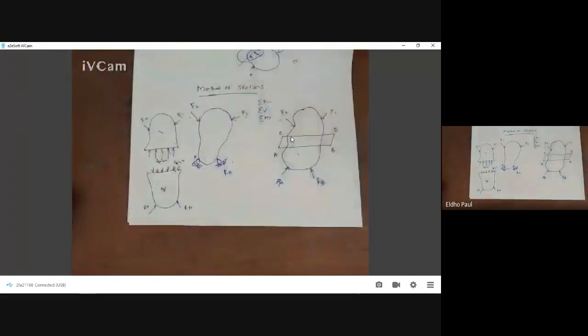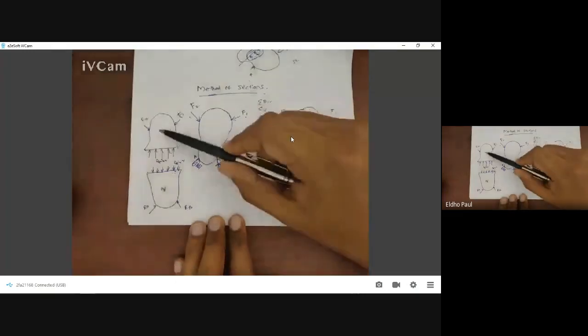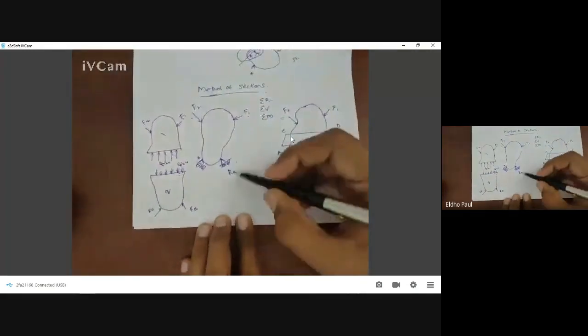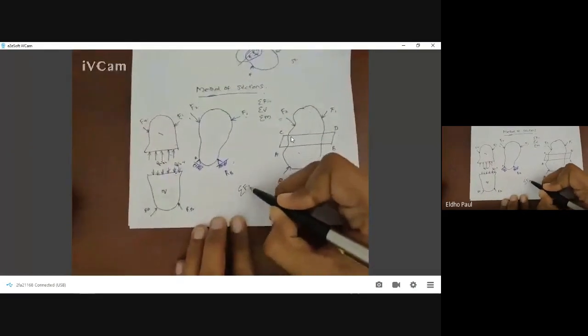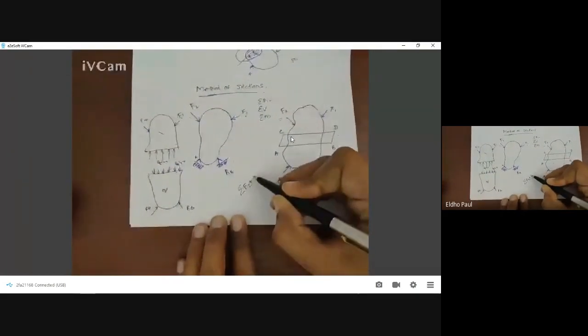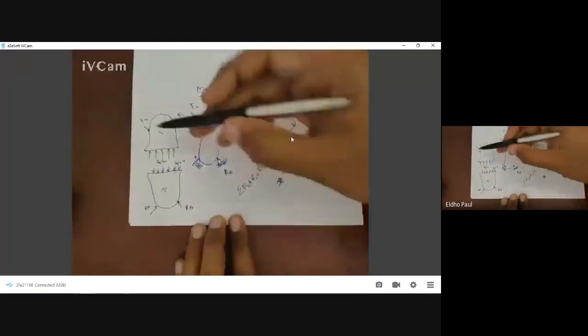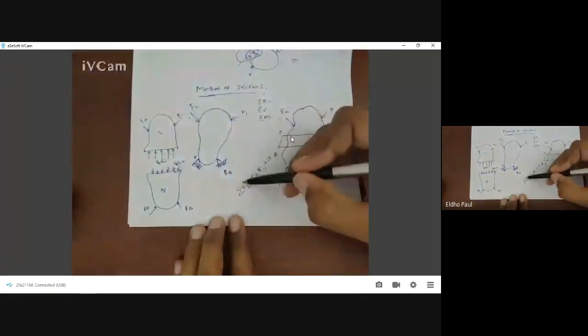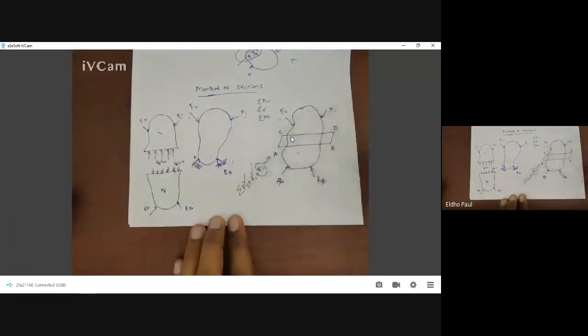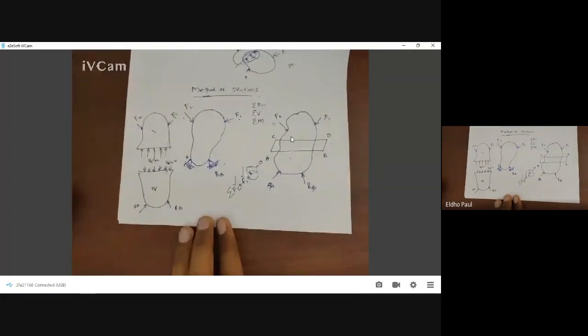And this method of section is used to calculate this internal force. Then how can we calculate this internal force Ri1 and Ri2? It's very easy because this part is in equilibrium. Then we can say sum of F2 plus F1 plus Ri1 equals 0, because sum of all forces should be equal to 0. If we know F2 and F1, then we can calculate Ri1, that is the internal resistive force.